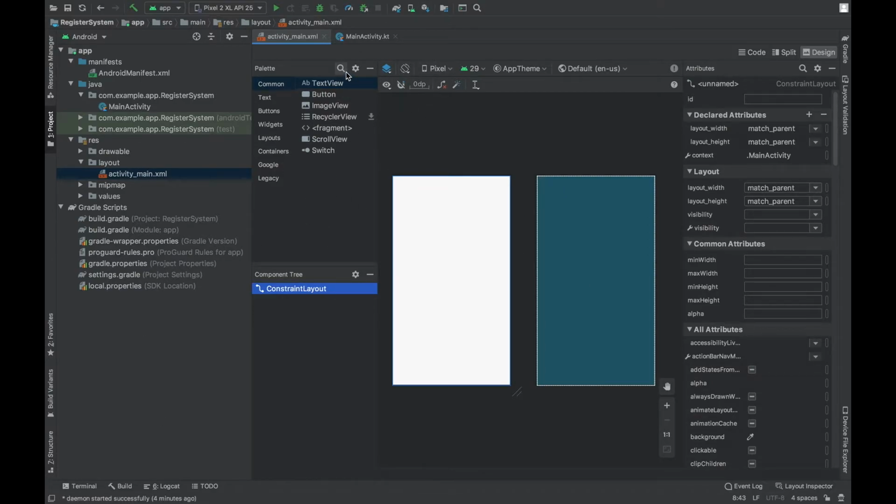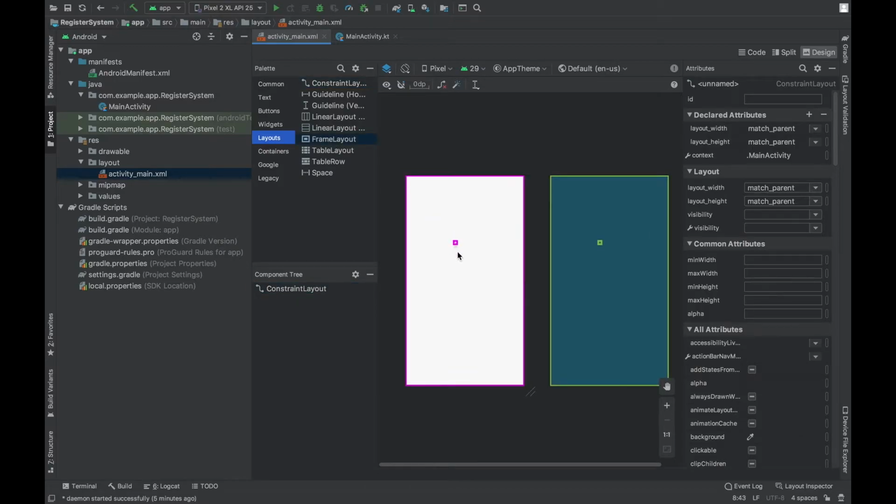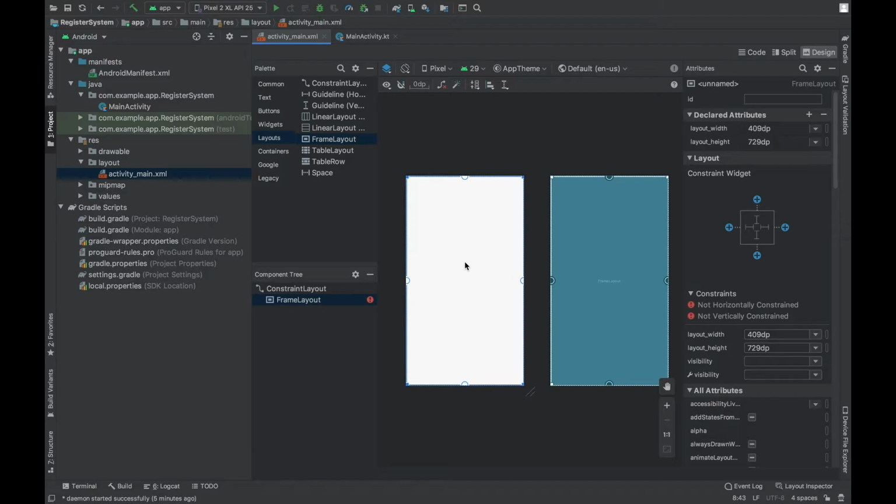So why we are adding frame layout? Basically, we are going to have one activity, that is main activity, and the rest three of the fragments, that is sign up, sign in, and user profile fragment. We will be placing these fragments in this main activity itself. So for that we will be using frame layout. Drag the frame layout and leave it on the screen in the constraint layout.